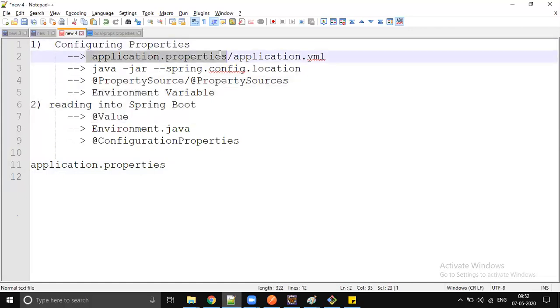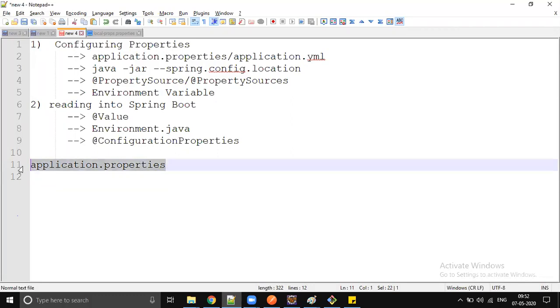If you are working on Spring Boot microservices architecture, the default properties supported by Spring Boot are in application.properties, and the default YAML is supported by application.yaml, right? If you configure something like this, any new candidate who is going to join your microservices project or your Spring Boot application, you need not give the KT saying that these properties we are loading, putting in a file somewhere, right? No need to do that. At least from the development point of view, configure the properties in application.properties.